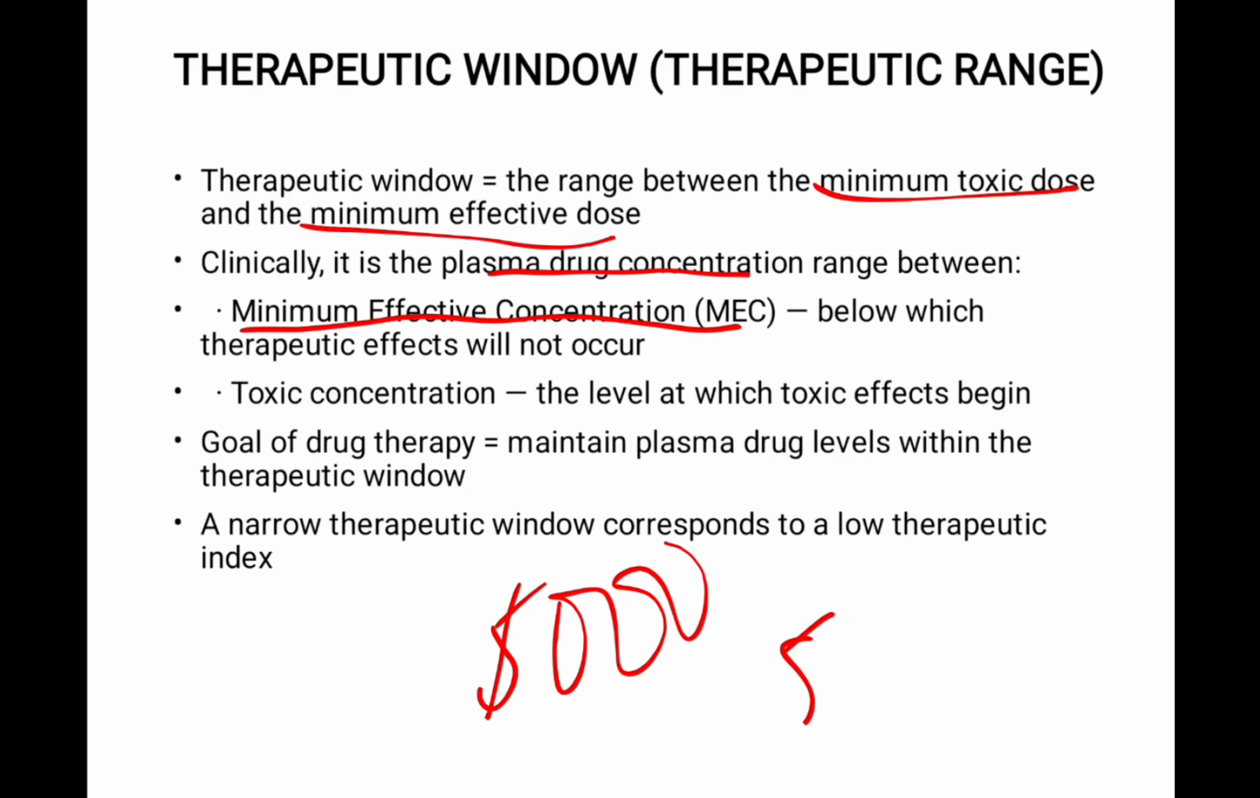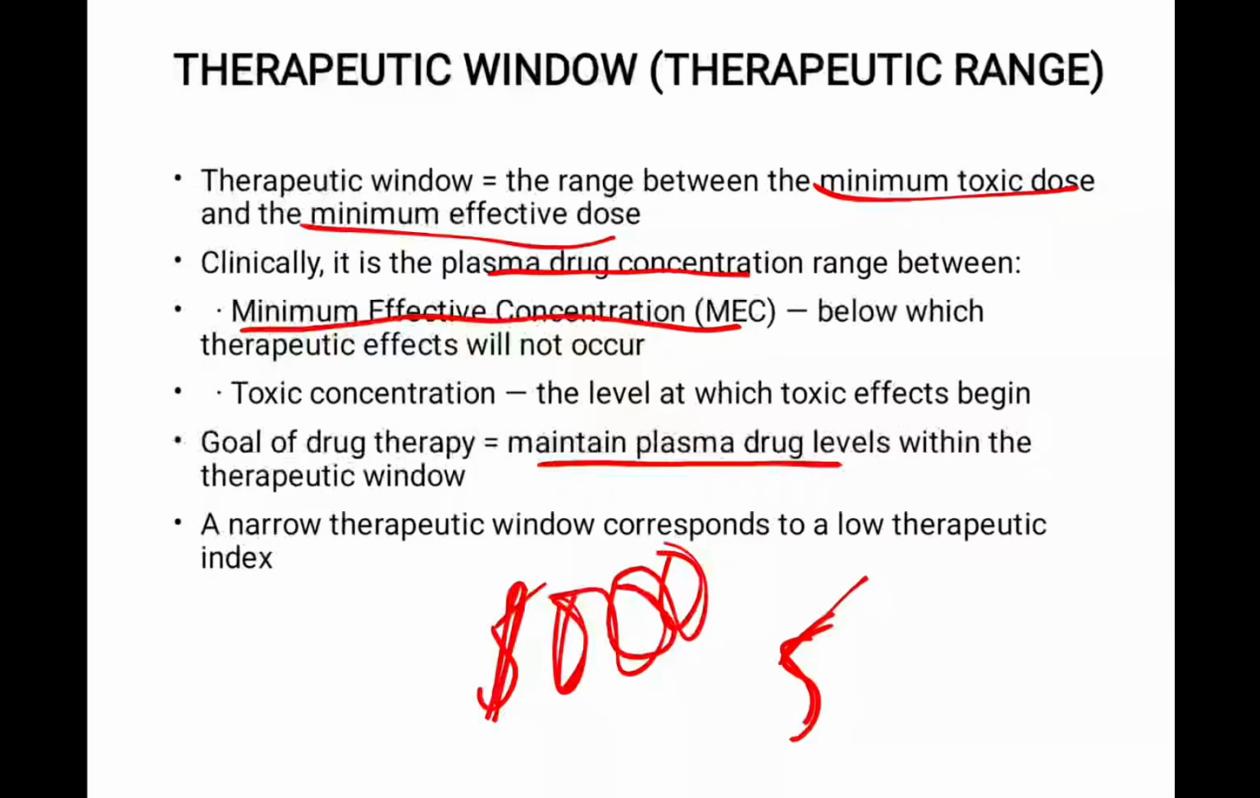We also have toxic concentration, which is the level at which toxic effect begins. So the goal of drug therapy is to maintain the concentration of drug in plasma within the therapeutic window. So if you have a toxic effect at 1000 concentration and you have a therapeutic effect at 5 milligrams